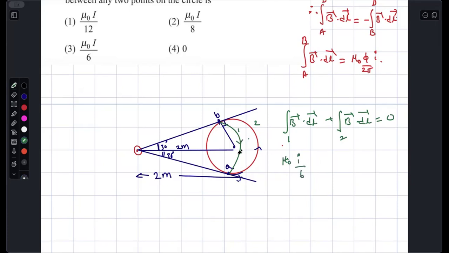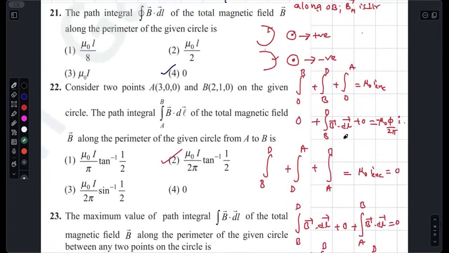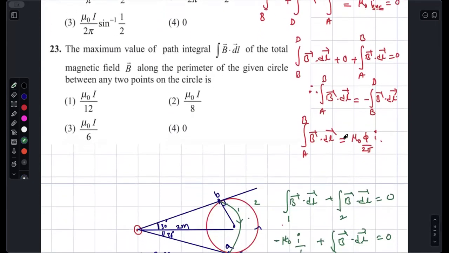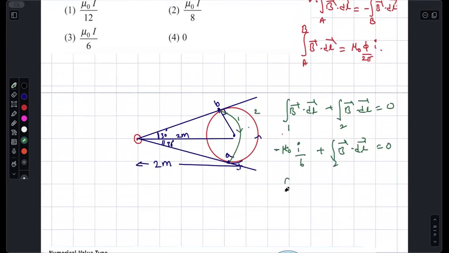By the way, you are coming in clockwise sense. Mu naught I by 6 plus B bar dot dl bar is equal to 0. Why minus? I told you very clearly here. Hello. If you are coming in clockwise and for outward current, I is negative. So therefore, integral